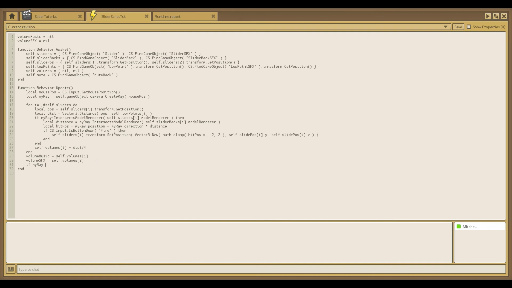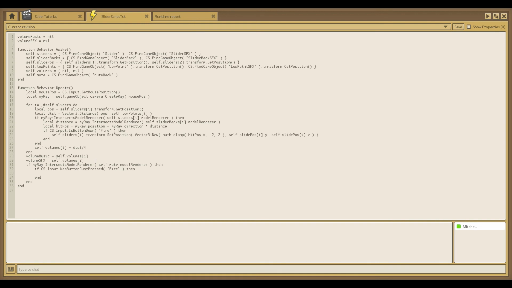So if my ray intersects self.mute.modelRenderer, then what we want to do is, if cs.input.wasButtonJustPressed fire,